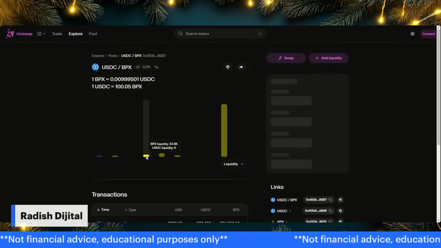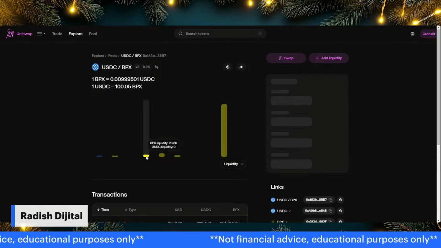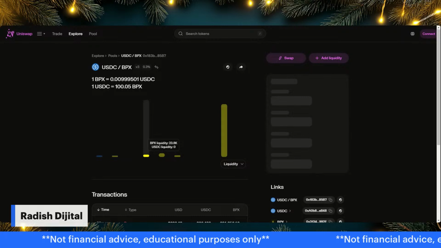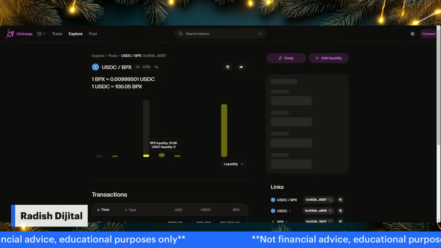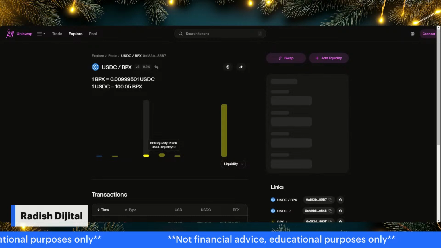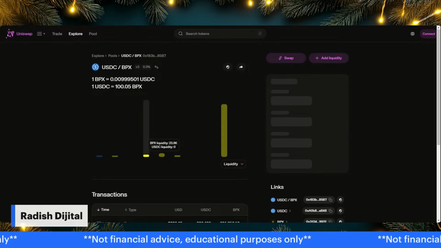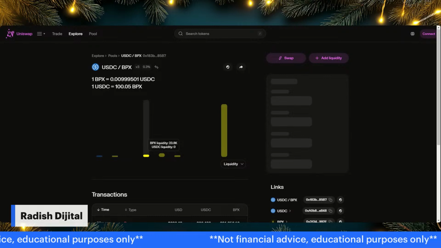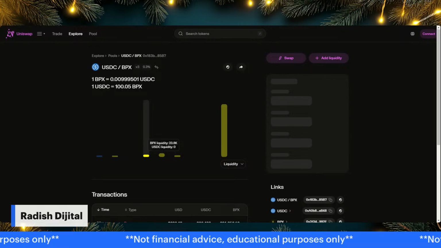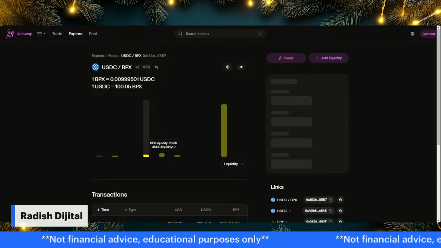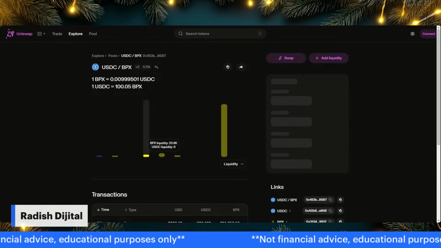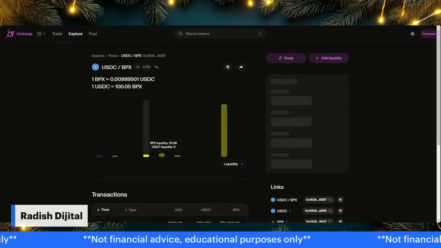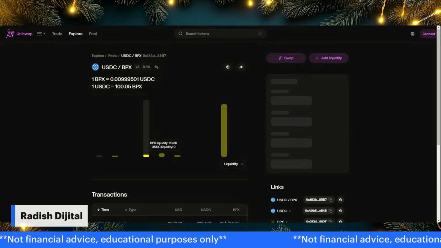Okay, and then if we move up to the next one, the BPX liquidity is 23,000 and the USDC liquidity is 0. So at this price, if BPX gets up to just below a penny, somebody is looking to sell their BPX at this point, right? Yes. Provide BPX liquidity, I should say. So if you're looking to get out, somebody is obviously trying to front run people getting out at a penny.